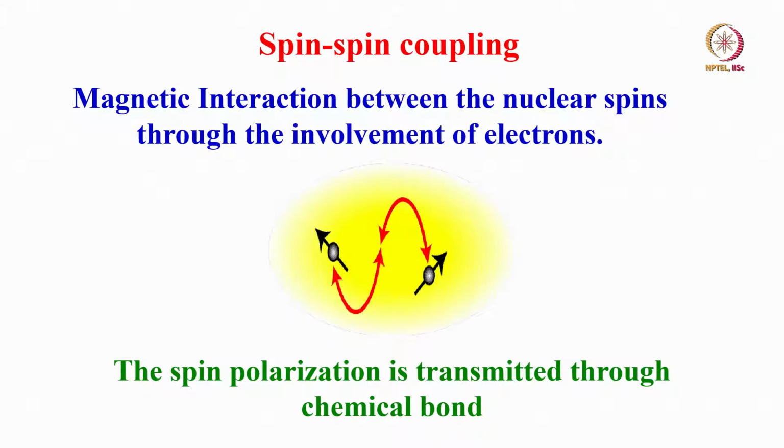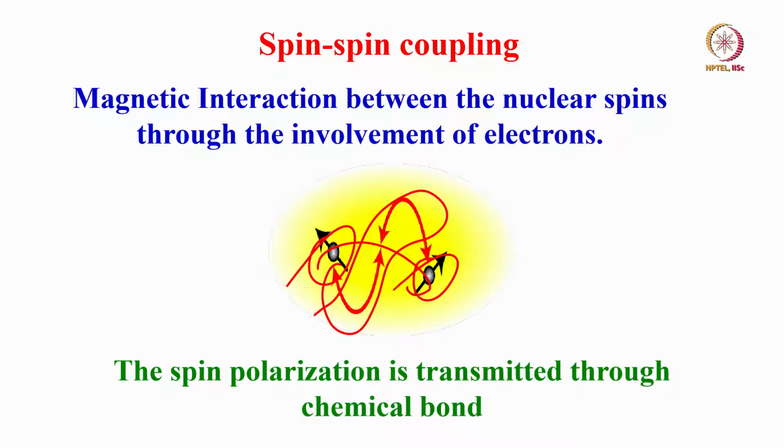But today we will introduce another parameter, an internal interaction parameter, which I said is called scalar coupling, which we discussed earlier. Scalar coupling is also called spin-spin coupling, and as the name clearly tells you, it is the interaction between two nuclear spins. Each spin is a tiny magnet, one magnet can interact with another magnet, and this interaction is because of the involvement of the electrons surrounding it.